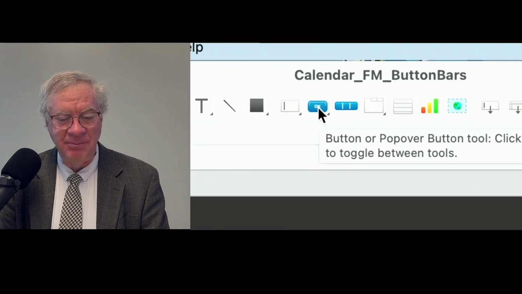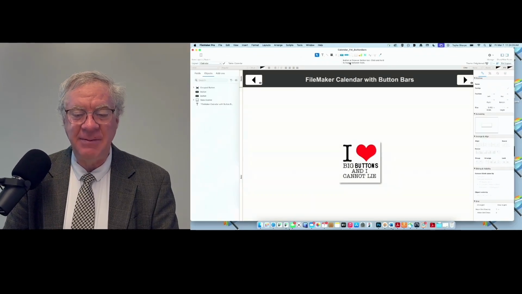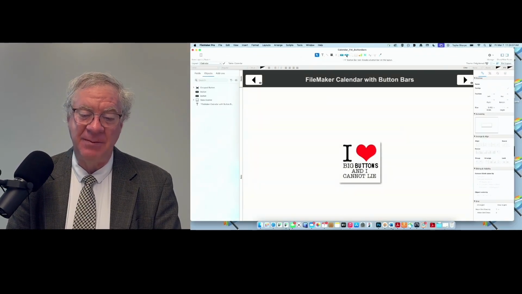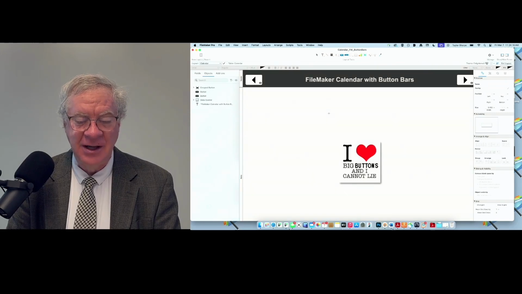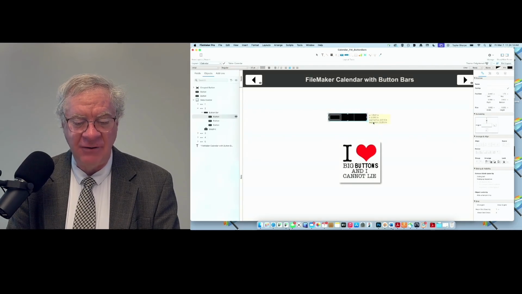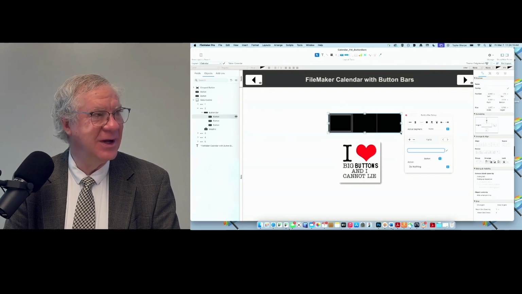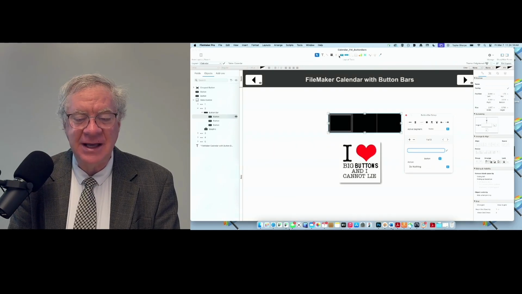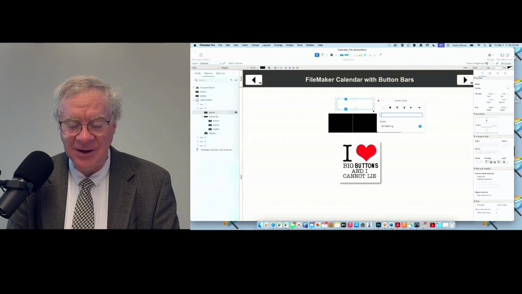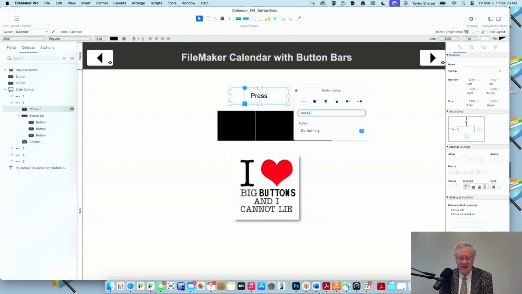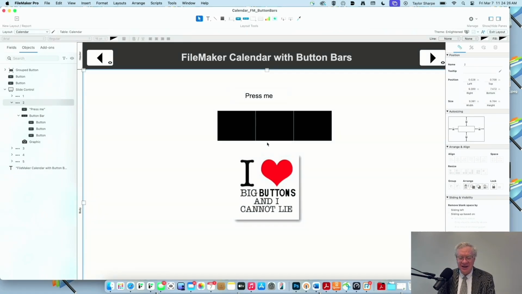So buttons were improving, but really they became awesome when they became button bars. So if you want a button bar, you click on the button bar, and then you come down here and you draw a rectangle, and presto, we have a button bar. Okay, why is that any better than drawing a button? I want a button that does press me. Okay, so on top of that, I was not excited about the colors and stuff, and I don't know why. I was just not a button guy at first. I mean, a button bar guy. Okay, well, what's the real big advantage of button bars?